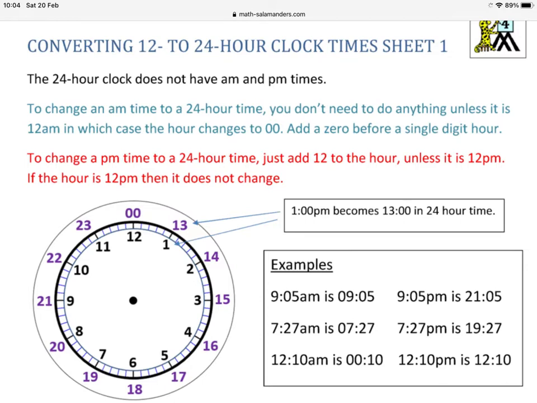hour. To change a PM time to a 24-hour time, just add 12 to the hour unless it is 12 PM. If the hour is 12 PM, then it does not change. Now that might not make a lot of sense, but when you see the examples, hopefully it will help. Okay, so looking at this clock template is very useful as well. So if you look at the clock template,